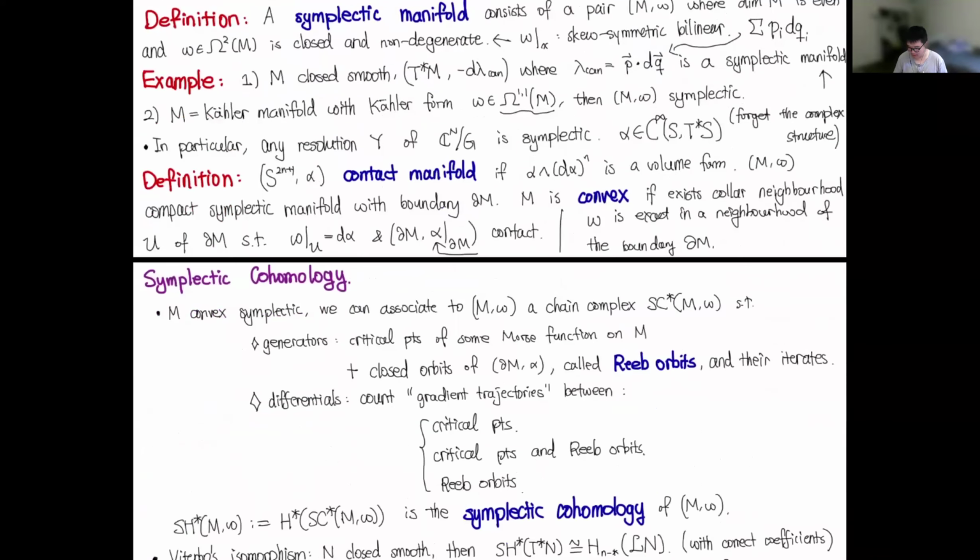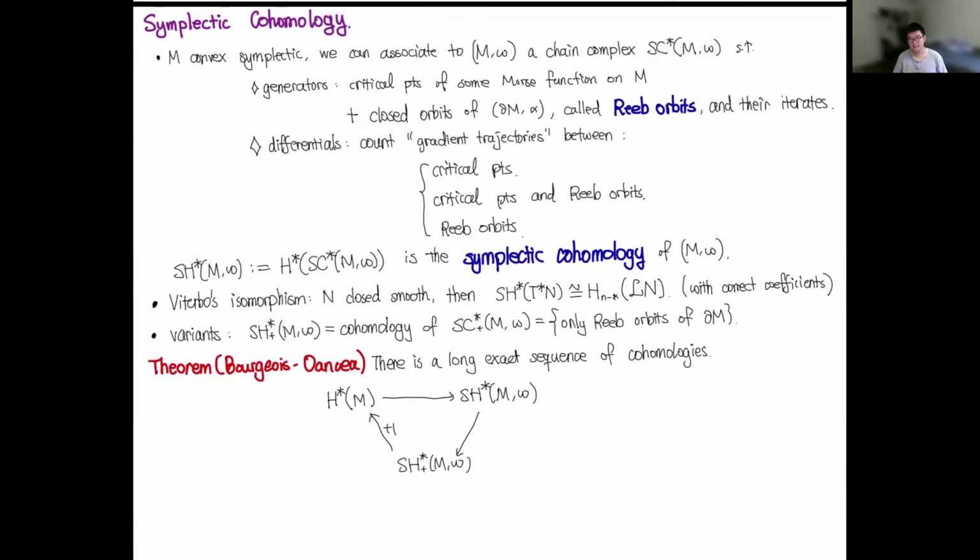And this is the mostly technical part of the talk, where I need to introduce some Floer-theoretic things in order to tell you what the proof is. But there is a non-Floer-theoretic way of understanding this, where you start with a convex symplectic manifold M, and actually what we have in mind is